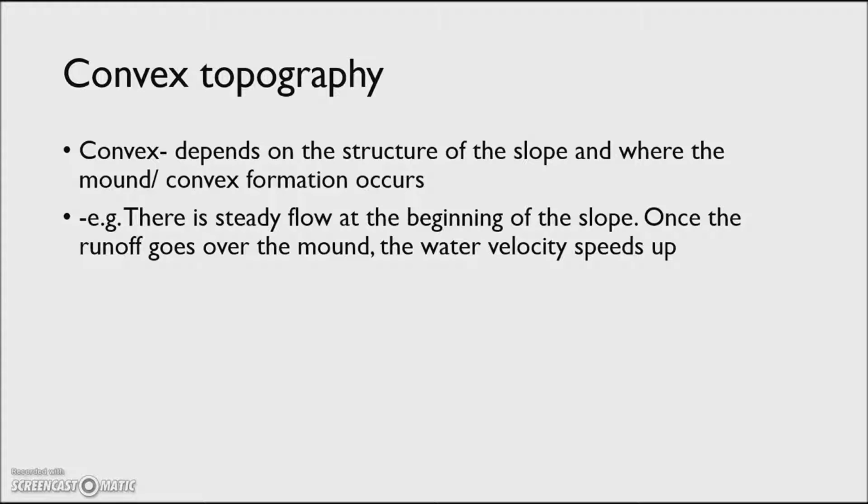If the mound was far towards the bottom of the slope, the erosion and runoff would be slow for a much longer duration, as it would have to traverse the length of the slope before encountering the obstructing mound and then creating its preferred path. After this, however, the velocity and erosion would increase.